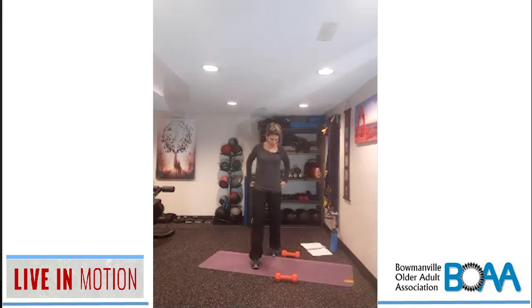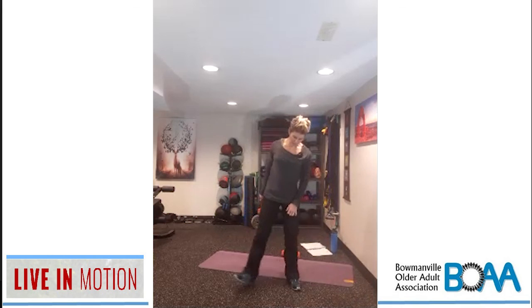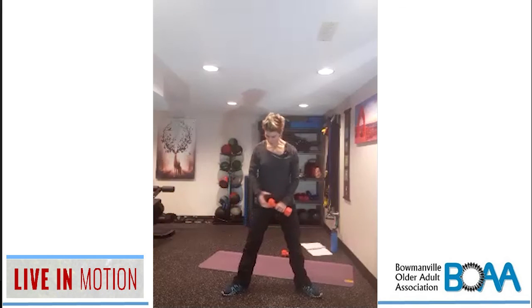Okay, so we're coming back to the sumo squat again, and we're making sure that those toes are pointed outwards. So you're thinking about tracking the knees out towards the baby toes as you move up and down. Okay, so let's get ready. You can rest the dumbbell at the chest, and we're gonna lower down and then push our way back up. Okay, so here we go for 1,